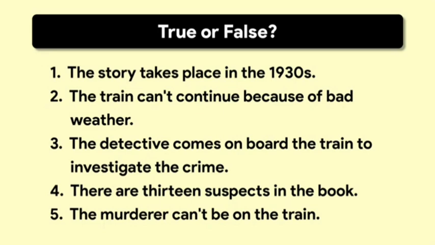It's very exotic. Also, it has a fascinating mix of characters including a Russian princess, an English colonel, and an American actress. So, what's the plot? Well, there's a snowstorm in the middle of the night, which stops the train, and one of the passengers is found murdered. Poirot, the detective, who happens to be a passenger, realizes the murderer must be on the train because there are no footprints in the snow, so all 12 passengers and the train conductor become suspects.